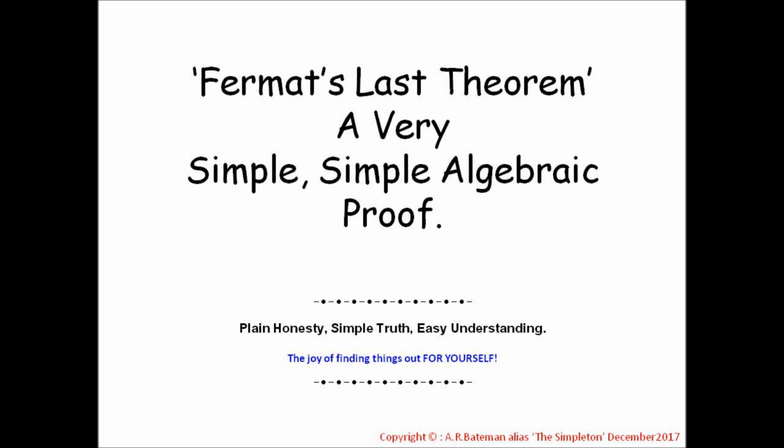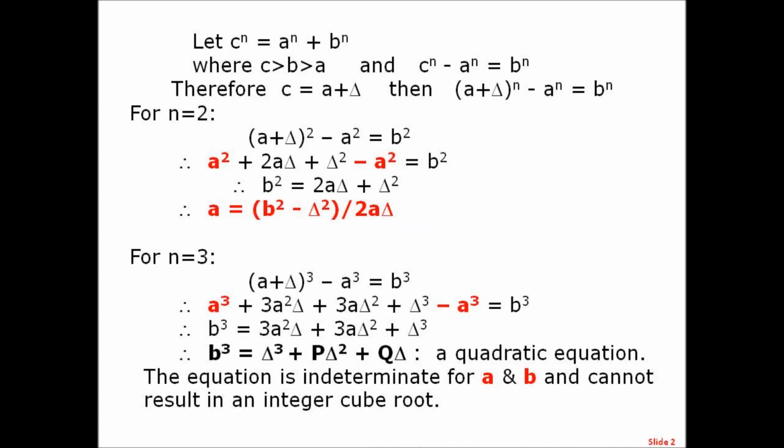Fermat's last theorem, a very simple algebraic proof. Let c to the n equal a to the n plus b to the n, where c is greater than b is greater than a, and c to the n minus a to the n equals b to the n. Therefore c equals a plus delta, then a plus delta to the n minus a to the n equals b